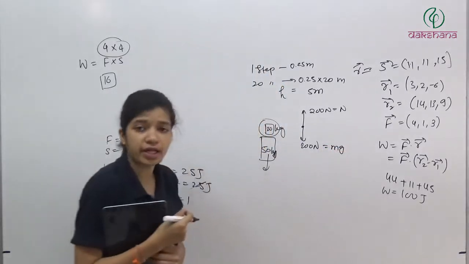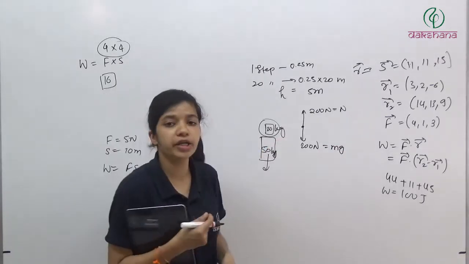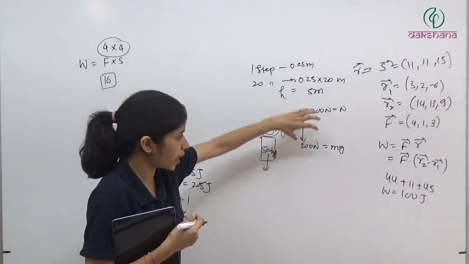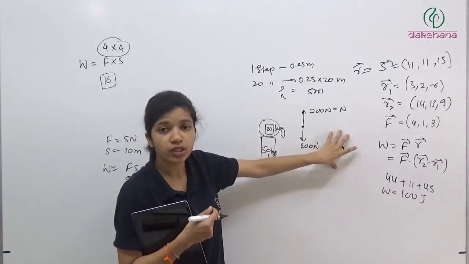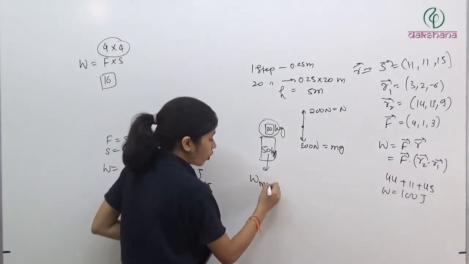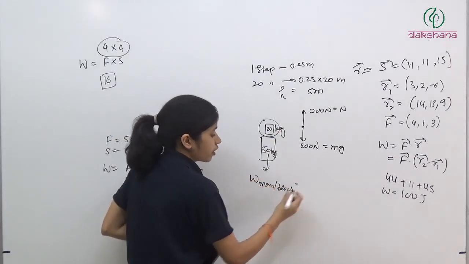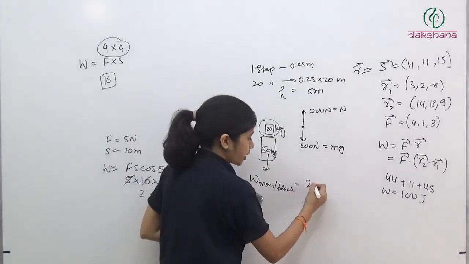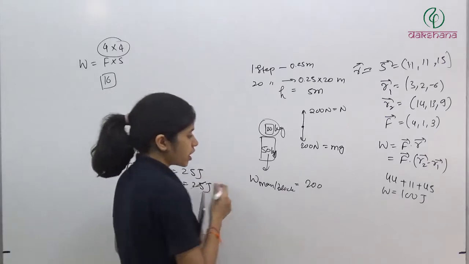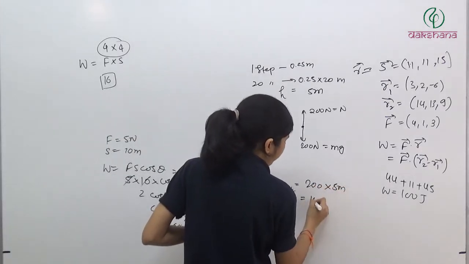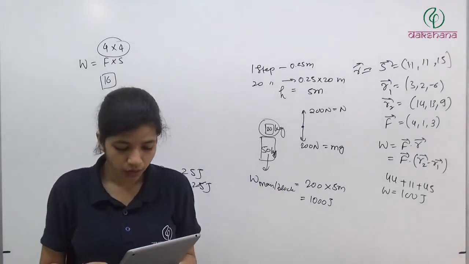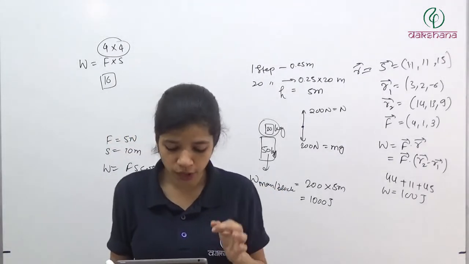So how much force is this man applying on the block? It is equal to 200 Newton. He is applying a normal force on the block of 200 Newton magnitude. So he is applying this much force on this block. This is applied by earth and this is applied by the man. So work done by man on the block will be how much? Force applied by man on the block, which is 200 Newton, and displacement in the direction of force. It is how much? It is 5 meter. So we have 1000 joule as the work done by the man on the block kept on his head. Option 3 is the answer.